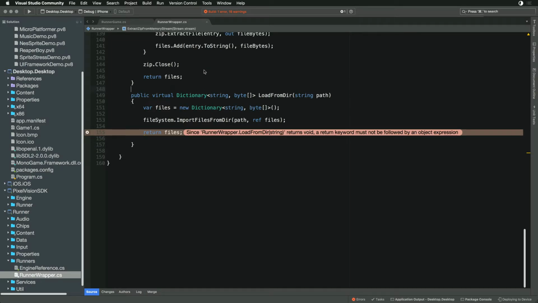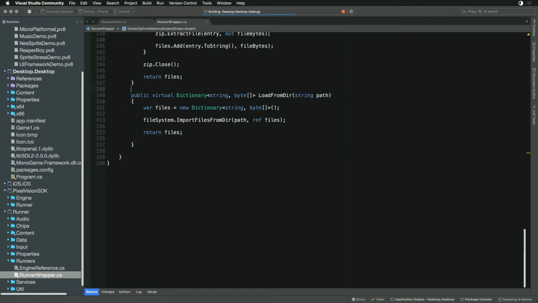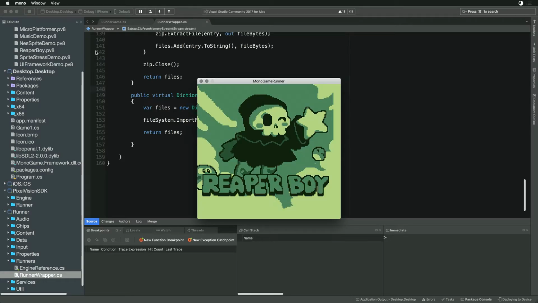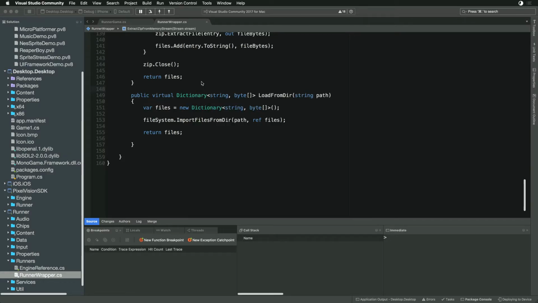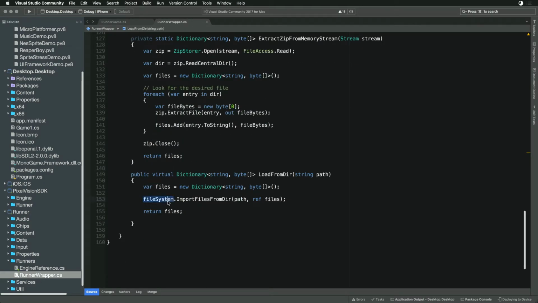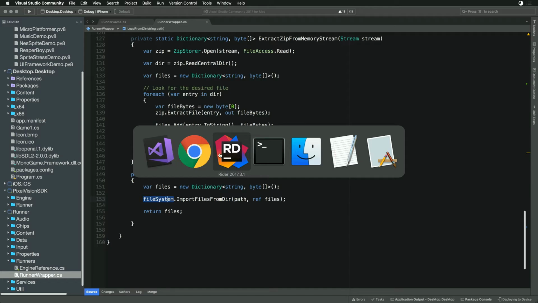So, I'm gonna do some magic stuff here because we want to. Oh, hey, look. Okay, so now everything works fine. So that works. What we're going to try to do next is I've got to figure out where I implemented the file system